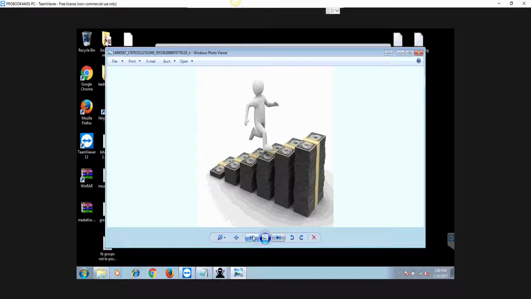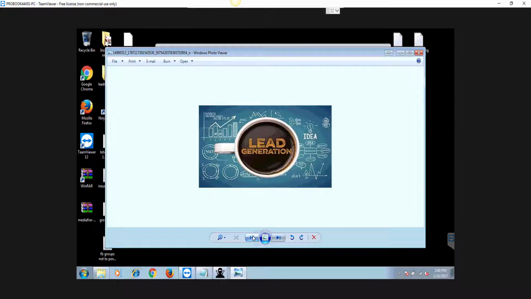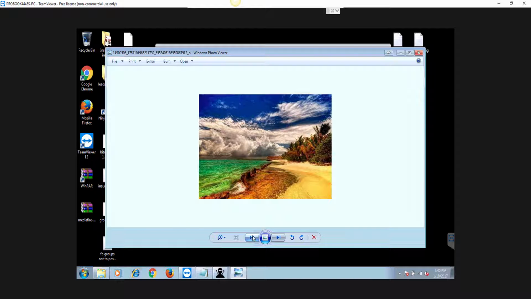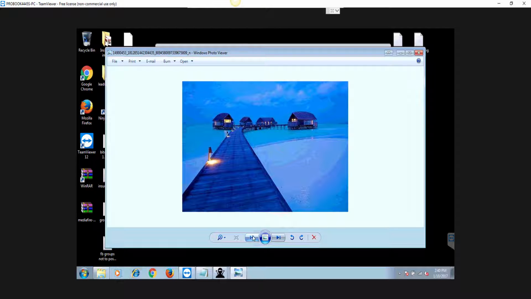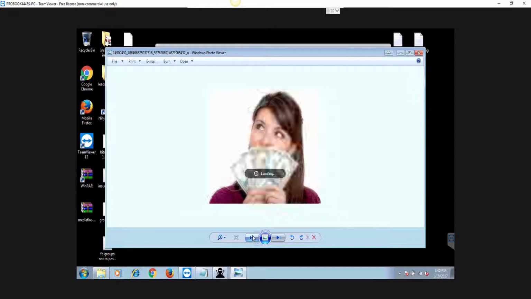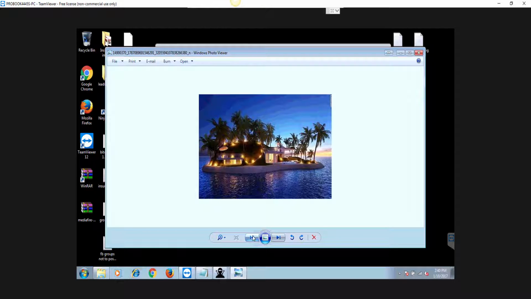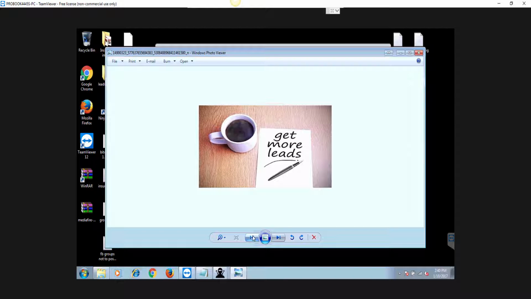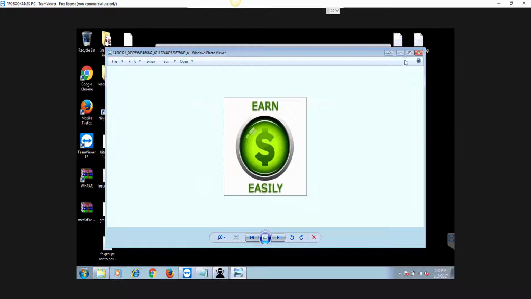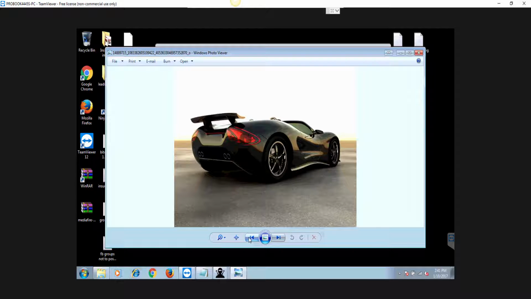It doesn't have to always be related to whatever business you're posting in. It's just got to be a good image. You can use many different types of images. So here you can see I have some kind of abstract images as well. A lot of times it's about having a good image that just looks eye-catching. Okay. It doesn't always have to be relevant to what you're posting about, if that makes sense. Okay, so